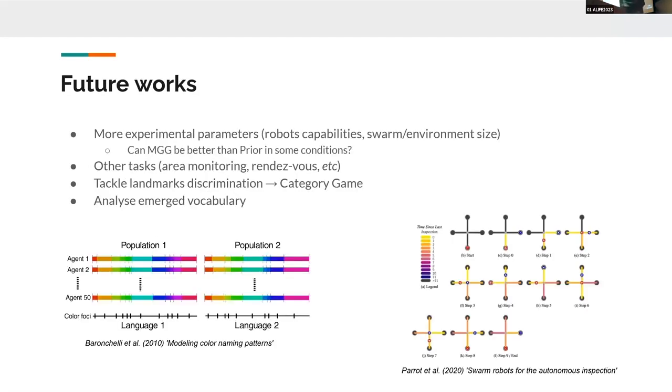So in future work, we want to apply this to a lot of other applications. Instead of space discovery, we can have area monitoring by just avoiding high pheromones instead of going to them. That's been done already, but without the naming game and talking about the past, just talking about where we are right now. And also we could tackle the actual landmark discrimination, because right now we assume that they are able to recognize different landmarks by themselves, but we could also use a different variation of the language games called the category game, that enables them to create also the category, so create the difference in the symbols as well as the meaning as they are talking, and try to create this emerging vocabulary. And then eventually, to really know if we have this emergent naming that appeared, we would like to analyze the emerged